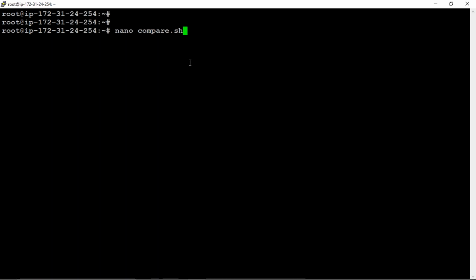Hello, sir. User is being created, but when I try to log in by entering the password, it's showing access denied. So if you are trying to log in with one more PuTTY, you need to change the password authentication. Just change that password authentication to yes, and after that retry to log in.